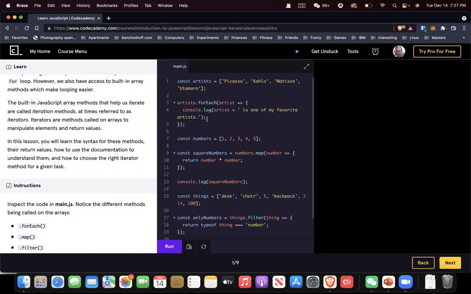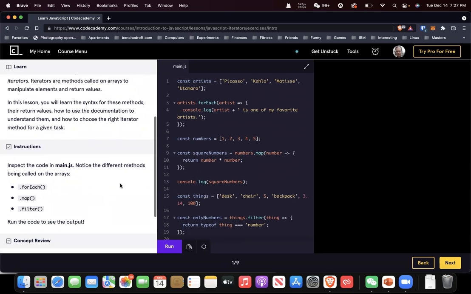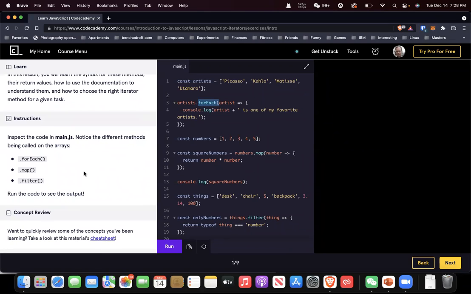So looking at this piece of code over here, we have a forEach. And if we look at all the different things being called, they're saying it's going over for each artist. So the artists are defined here: Picasso, Kahlo, Matisse, tomorrow. It's going to print out the same statement. So this could have been done using a for loop, but the forEach iterator makes it a lot easier to read. We don't have to keep track of what index we're on or increment plus 1. It just says literally in pretty plain English, for each one of those artists, just do this. Makes it quite nice. This is a very common task in programming, so iterators make things a lot simpler. So for each artist,